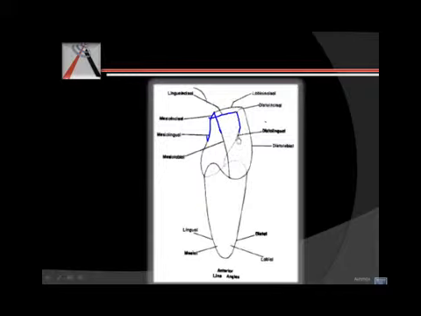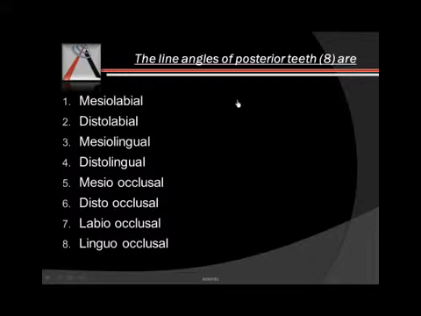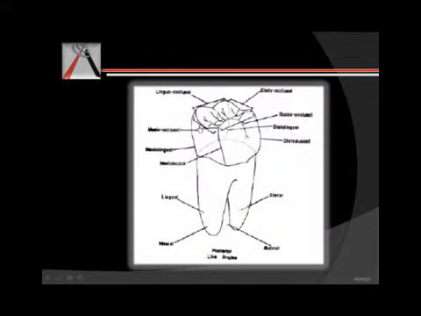When we start counting your point angles, we count all of them. So we count this. I should draw it in red. We count this, this, this, and this. So you have 4 point angles, but 6 line angles. But when we go ahead with your posterior teeth, we count all of the line angles. So if you see here, 1, 2, 3, 4, 5, 6, 7, 8. 8 line angles. I think you can name them very well. I will not name them. And these 4 point angles.